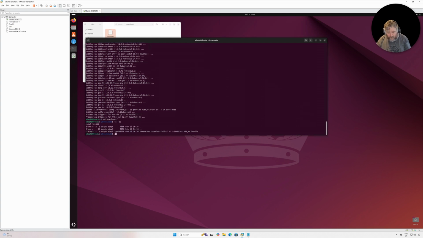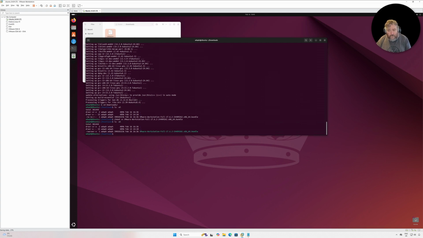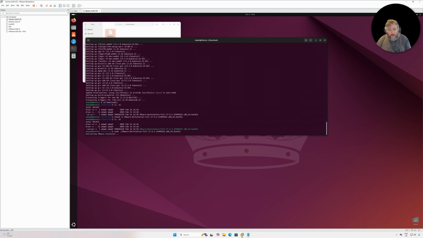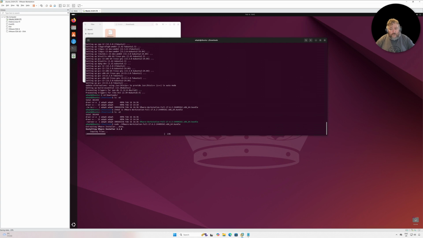And there's our bundle. One of the things I need to do is add some permissions to it so that we can actually execute it. Okay, so it's now green, and I'm also going to put a sudo in front of that so that we can actually install it. So that looks good. It's installing,